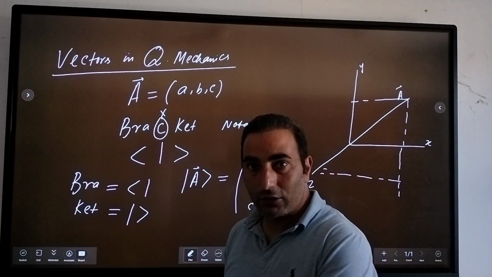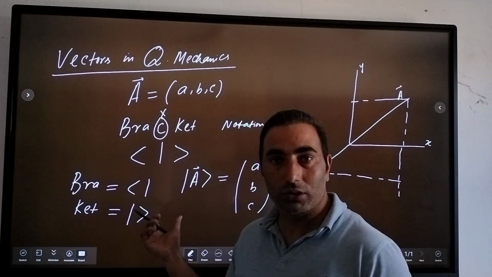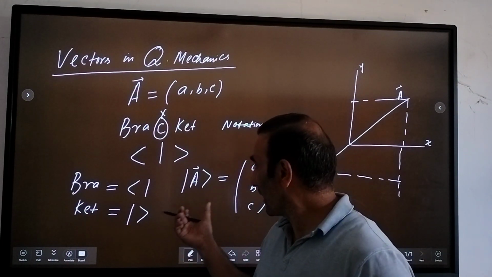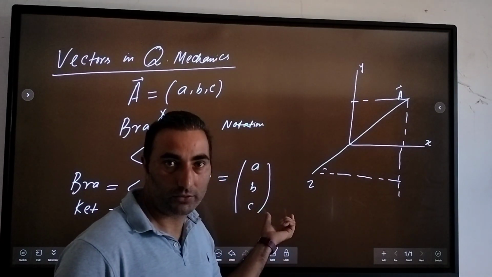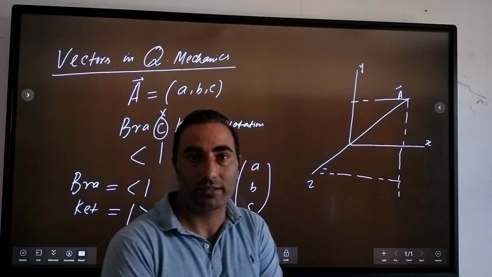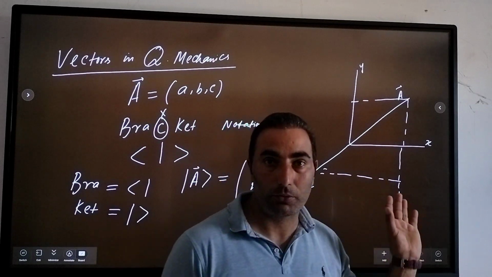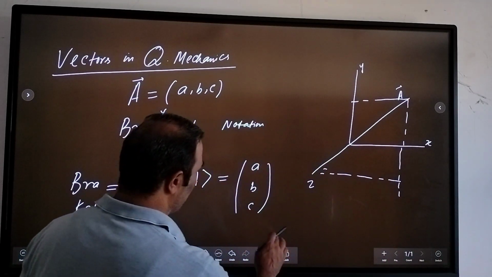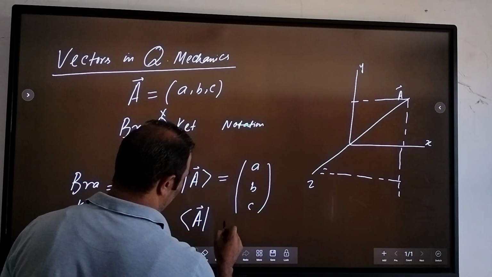Both have the same information. Like this vector A has the same information as these components. This form has it too, so both contain the same information. And similarly, if you write now the bra state of that, so if you write the bra state of this thing, this will be equal to